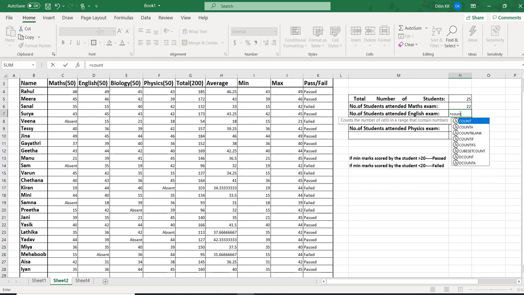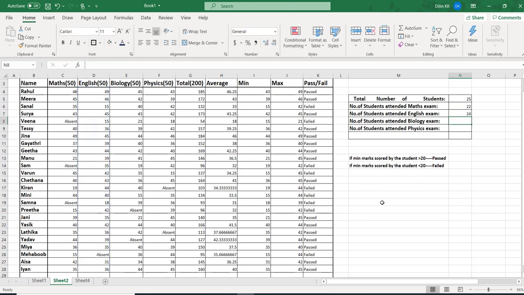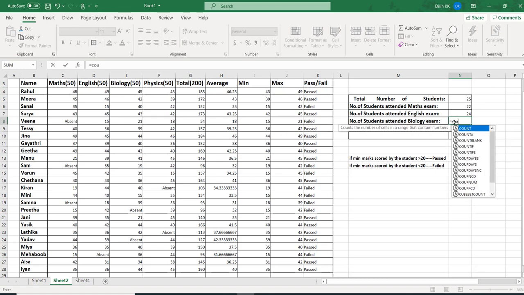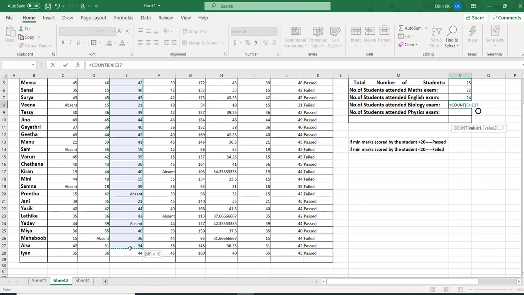To get the students who attended the English exam, we can do the same. So 24 students attended the English exam, and for biology, 23 students attended the biology exam.